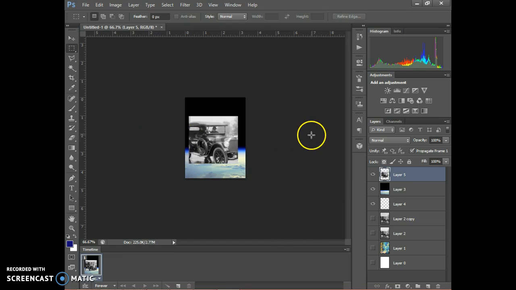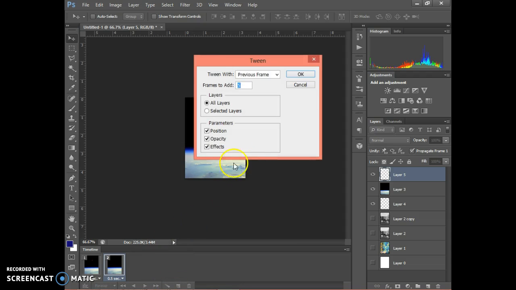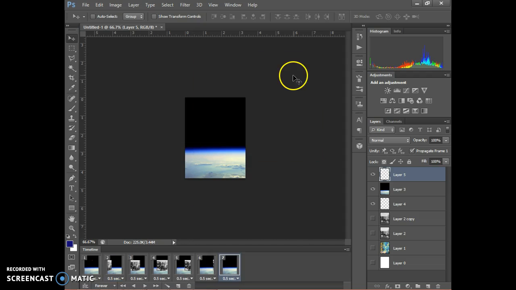So if I want this to fly entirely across the image, and again, this can work in so many different ways in terms of how you set this up. To get this to fly across this image, the first thing I want to do at layer 5 here is move it entirely off the screen, and then I want to make another layer. And in this second layer, I want to move this all the way over here. And then I want to make a tween in between those two position instances. And of course, it's going to run through there. If I do a real quick play of that,